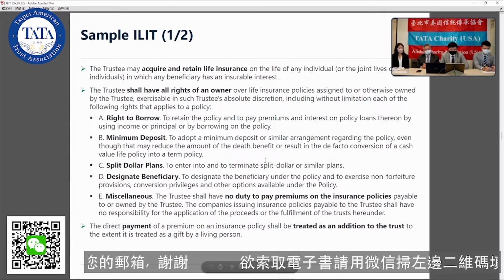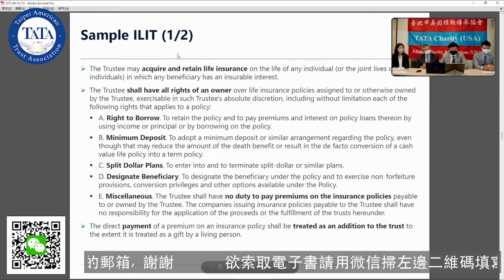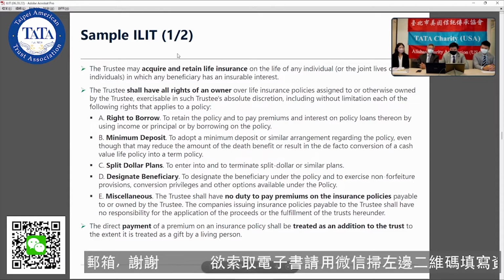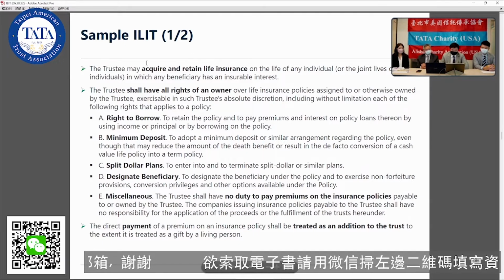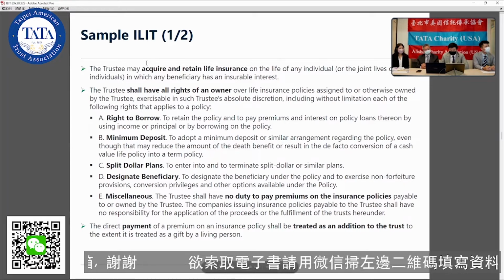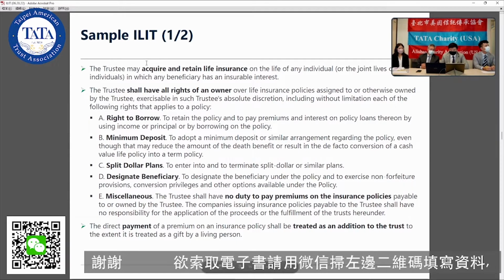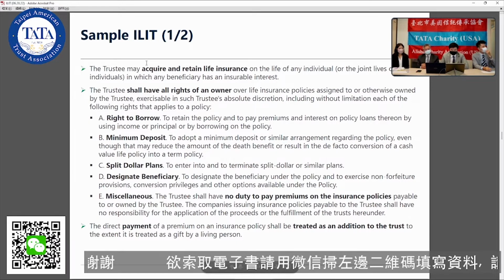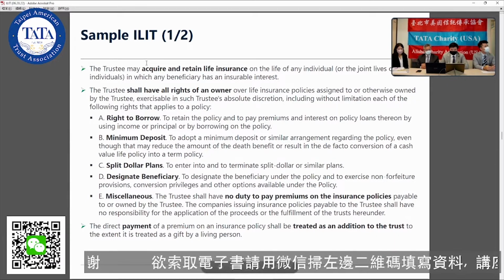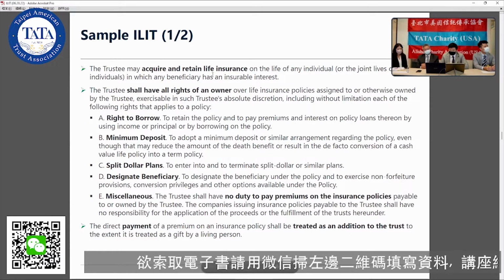I guess the most important aspect of an ILIT is the provisions detailing what the trustee can do in regards to the life insurance policy. These are some of the most common provisions. The trustee may acquire and retain life insurance, and shall have the rights of an owner. These include the right to borrow, minimum deposit, maybe the ability to enter into split dollar plans, the ability to designate various beneficiaries, and maybe some limitations to the trustee's liability, such as there's no duty to pay premiums, or there's no